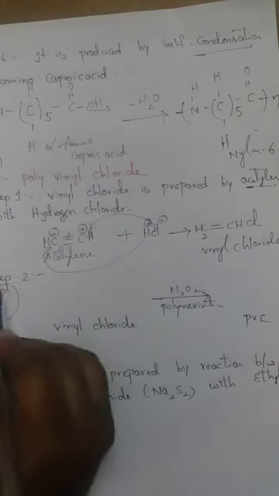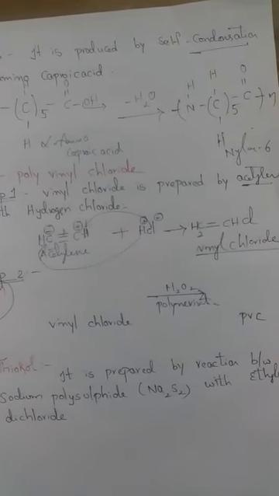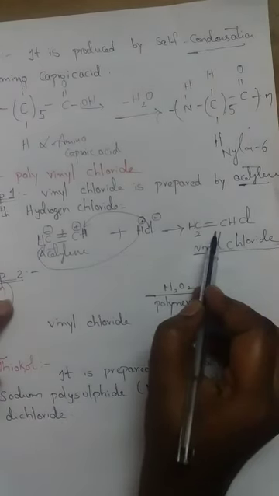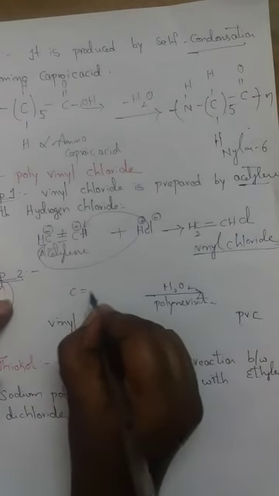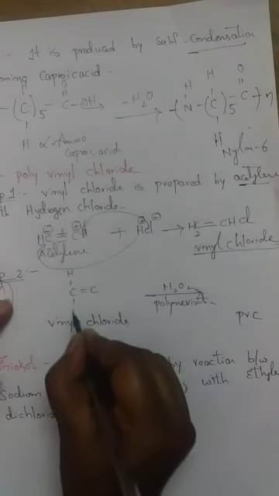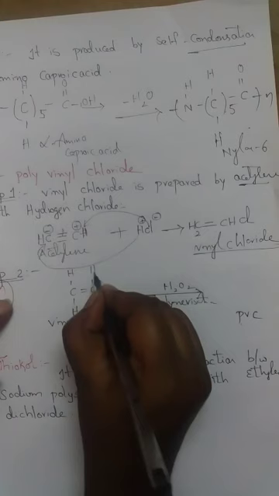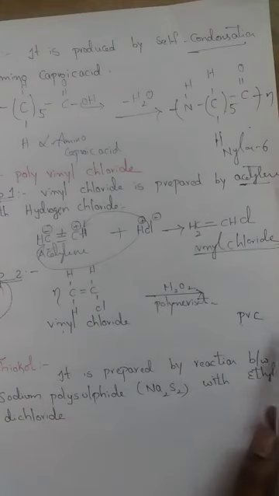Now in the second step. This is the first step, formation of vinyl chloride. In the second step you have to take the vinyl chloride, the formula of vinyl chloride. For convenience I am writing here C double bond C. This C consists of two H's, and this one consists of one H and Cl. So bond H and another one is Cl. This is vinyl chloride. It is a monomer, and the monomer can be converted into a polymer.